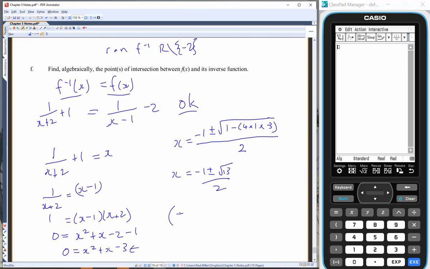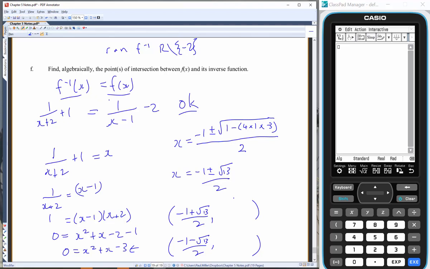So here's our x value, -1 plus root 13 on 2, the x value of the first point of intersection. The other one occurs at -1 take root 13 over 2. Now we need to find out what the y value is, which essentially means we need to substitute this into either this function or this function. But wait,